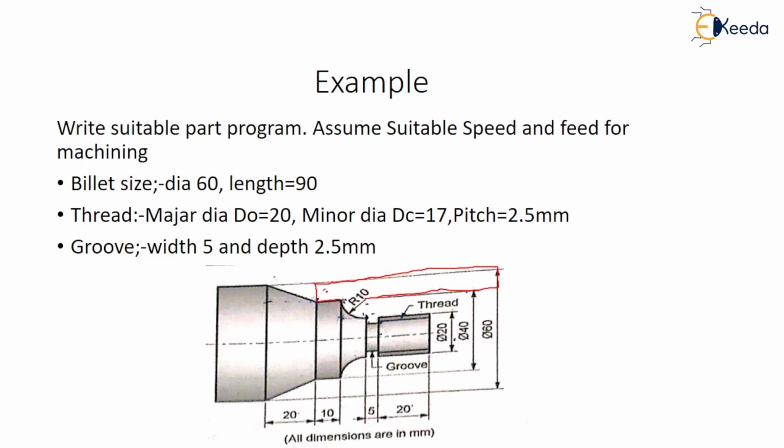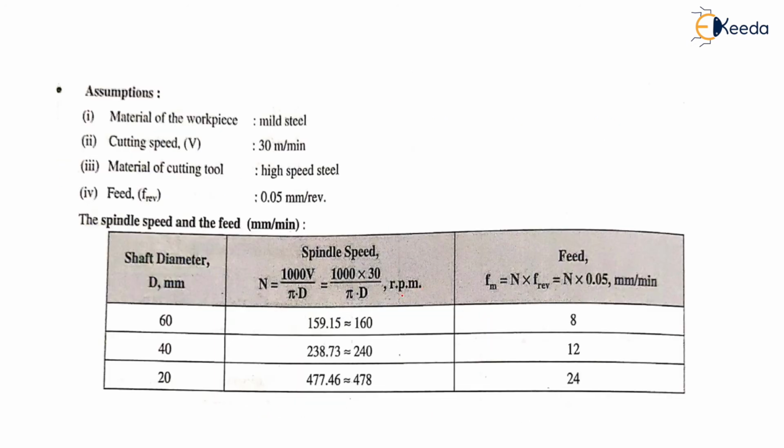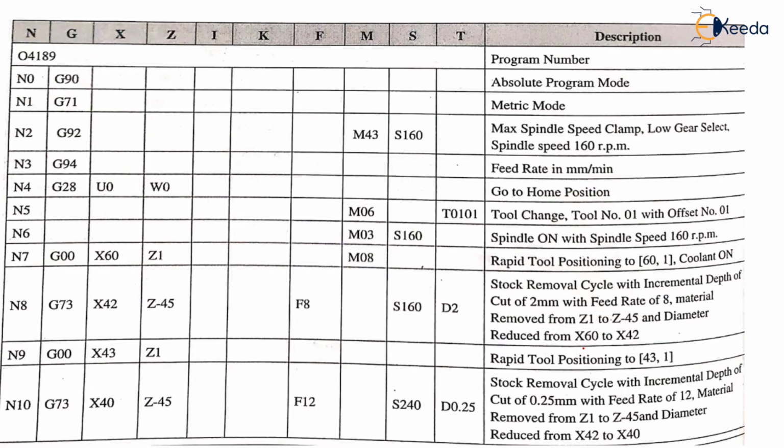Okay, so that is as per the dimension. First we go to the 42 here and then we move to the 40. Dimension is 42, then we move to the 40. And if you observe, 20 plus 5 plus 10, that is 30, plus 5 is 35, plus 10 is 45. So there is minus 45. Up to this particular point we do the machining, and with the depth and feed rate we change. We are taking this for the finish cut. So this is for rough cut, this is for finish cut.